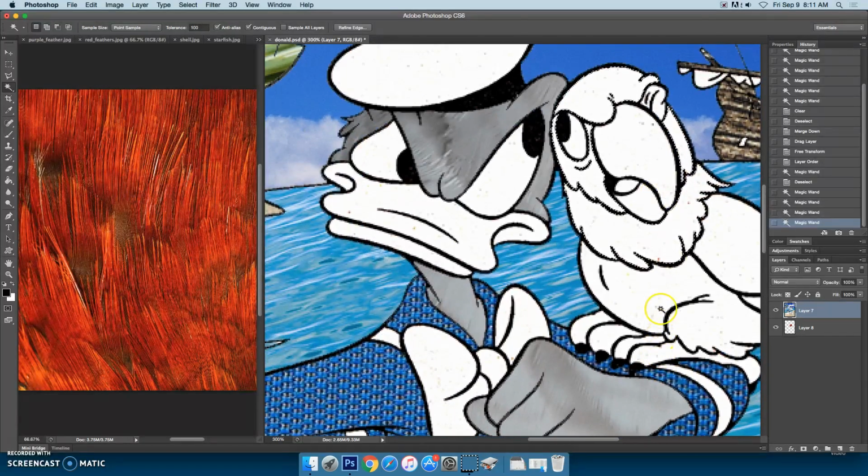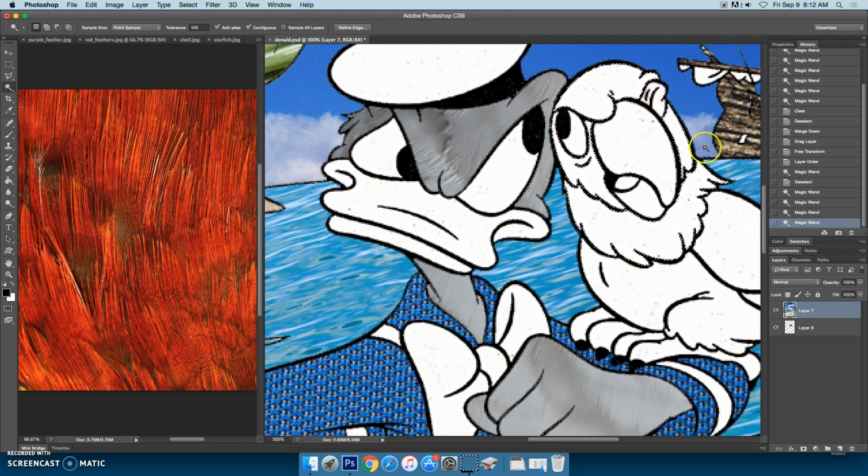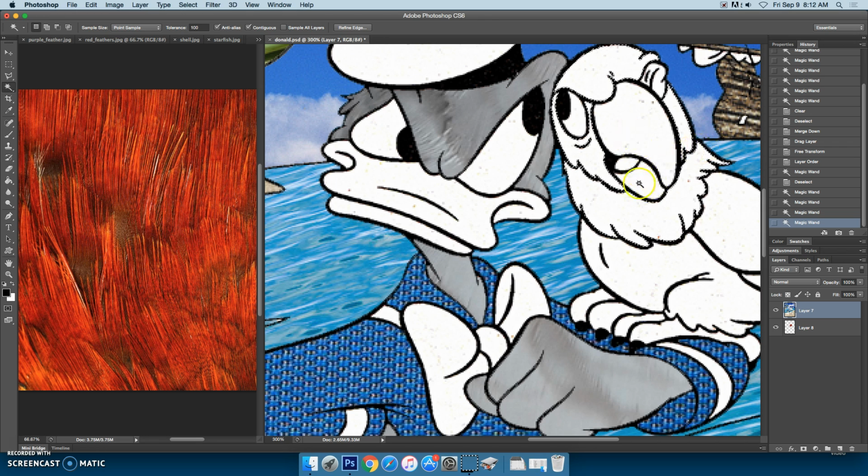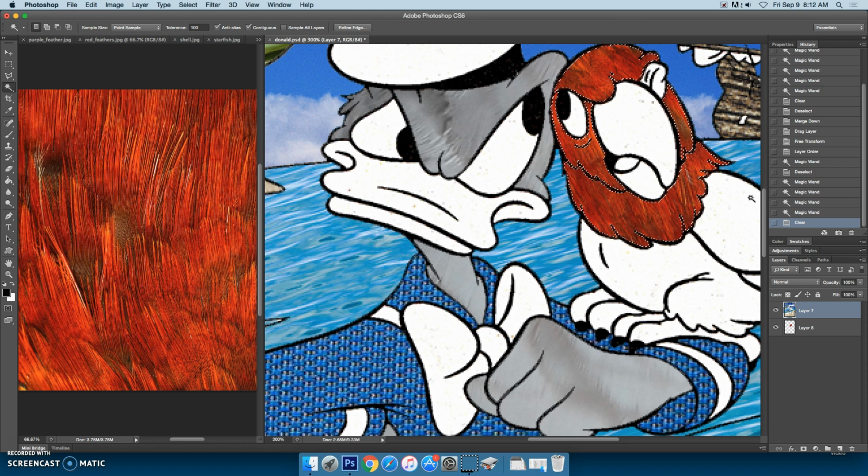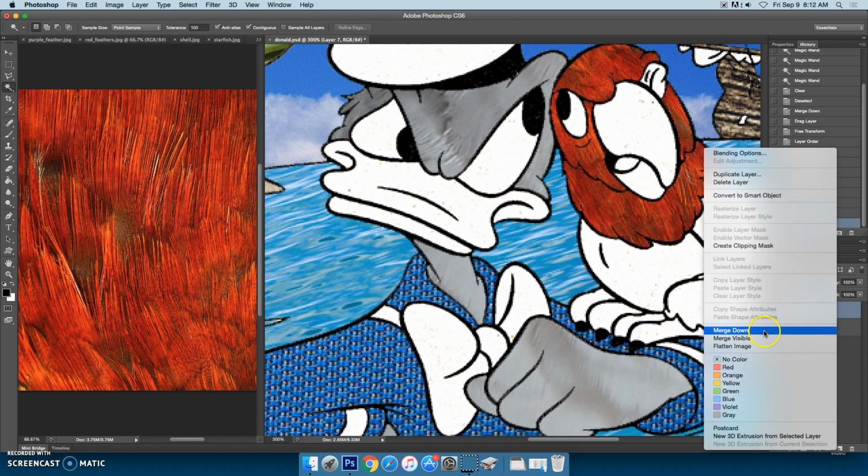And let me zoom in real quick. I think I'll leave that eye alone. He's winking at him, but I think we're going to just make that like an eyelid color. Leave the beak alone, and we're ready to hit delete, and now he's got a red head. I'll deselect, I'll merge down,